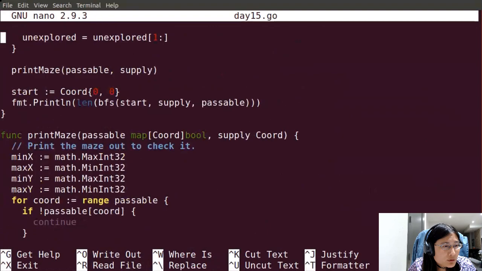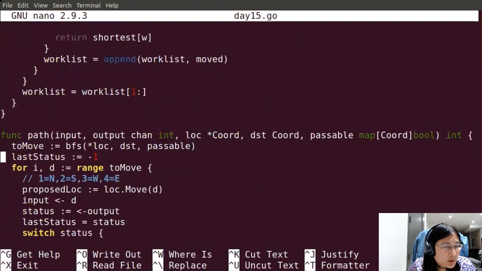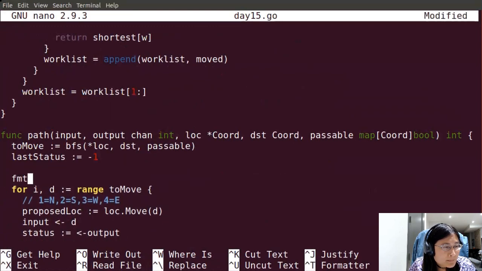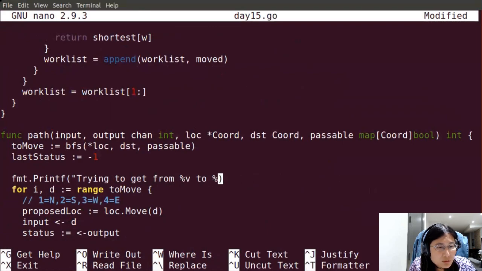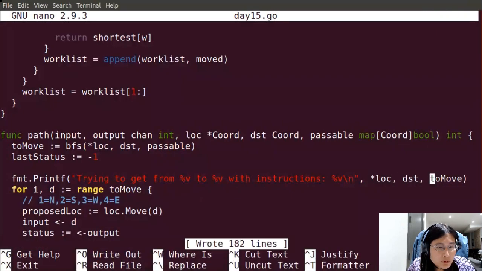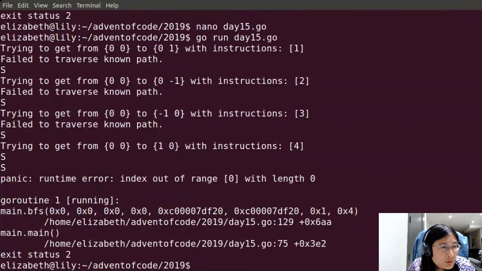Let me just try to get this working. Okay.